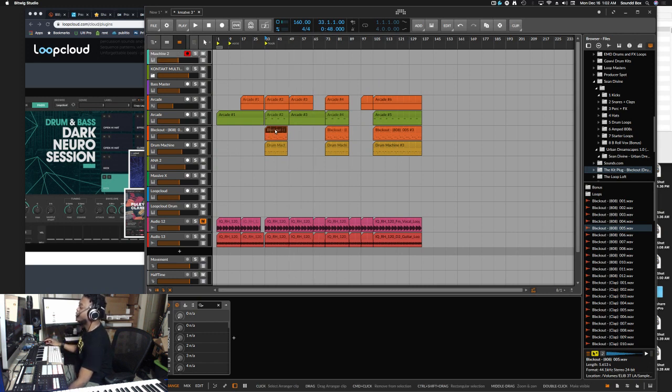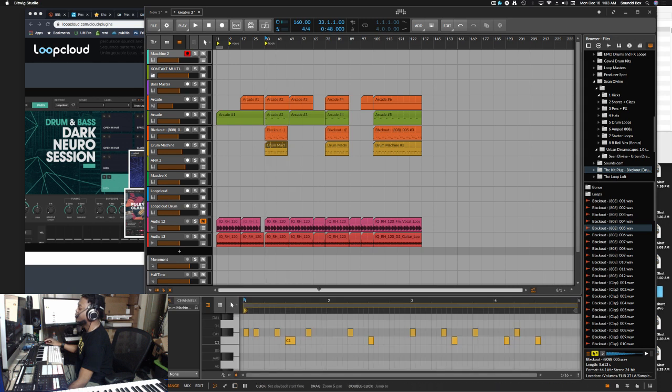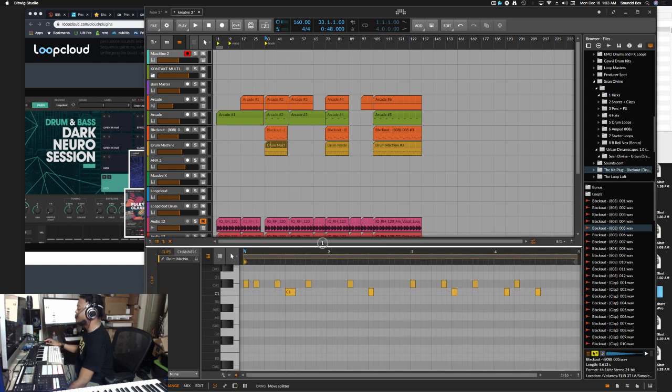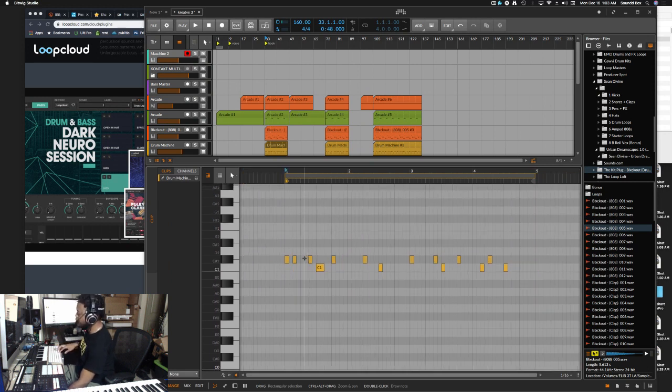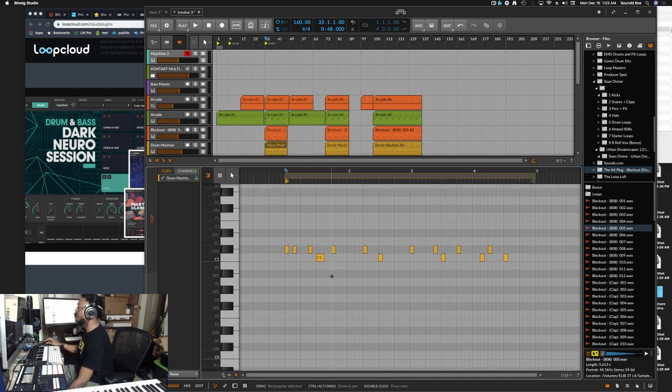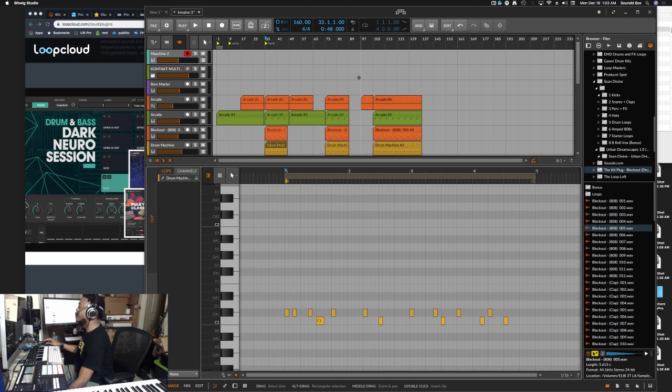It's not a pattern view. If I double click, this will be more like your pattern. This is a piano roll, and this is where you insert all your notes and things like that. But this is the arrange view.